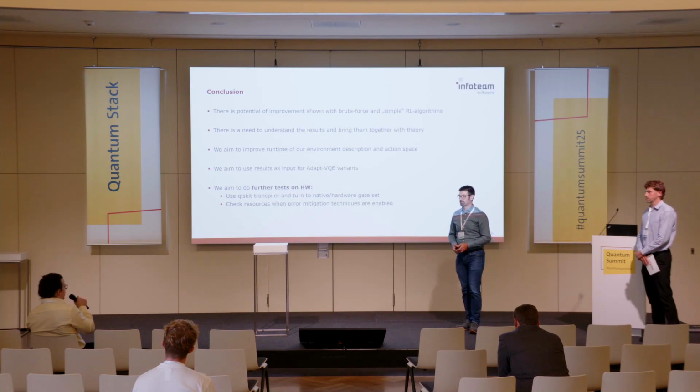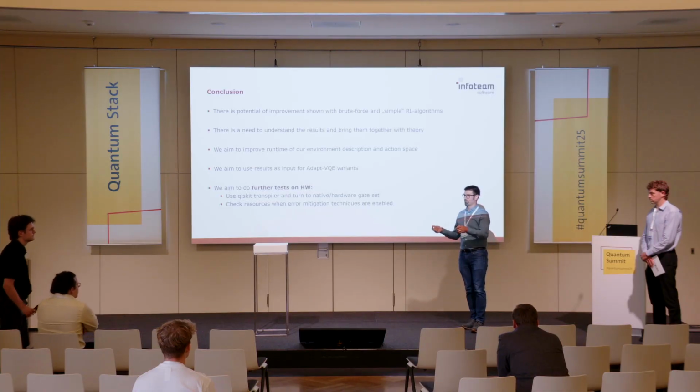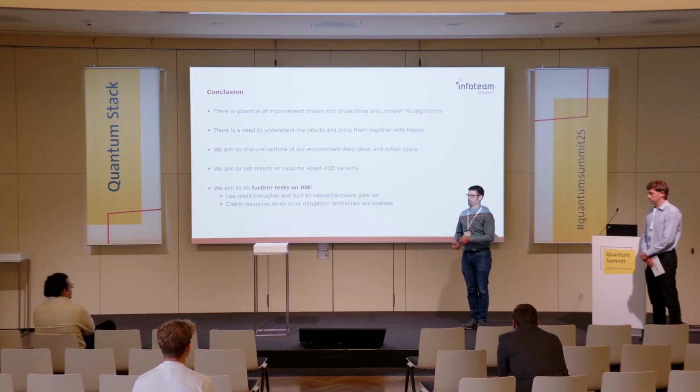The reason I asked is you already said that it's very expensive to optimize this because of the evaluation step. So maybe it would make sense to produce a good policy on a smaller circuit and then see what happens if you apply the same policy to a bigger circuit. Yeah, that's a great idea. We can try this with the learned one from H2 and adapt it and use it for LiH as well.